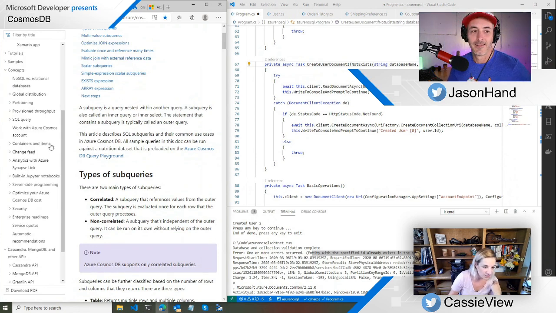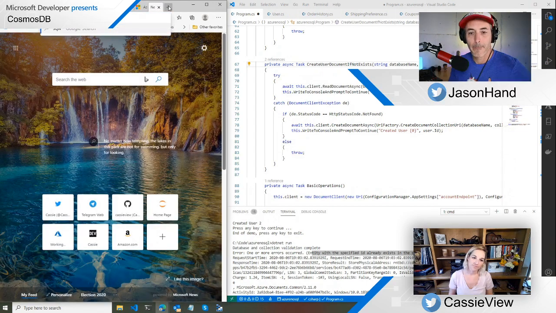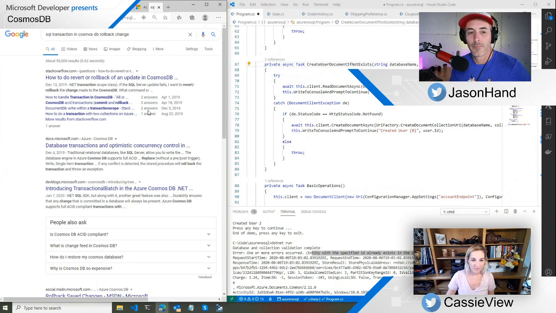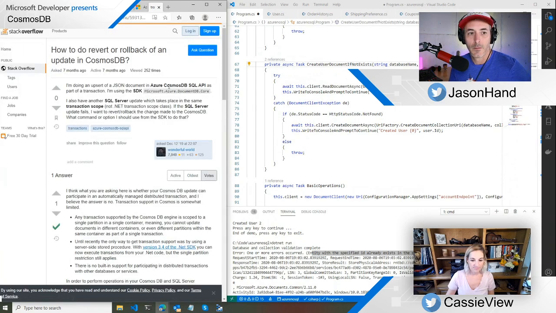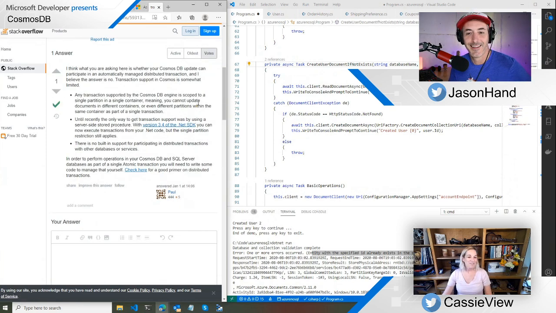But yeah, I'm looking over here to see if there's anything in here. Maybe I should look up rollback. How to revert or roll back an update. It's always on Stack Overflow. Yeah, how do people live without this? I know. I believe the answer is people develop without it. That's kind of scary. Like there's no way to roll back.